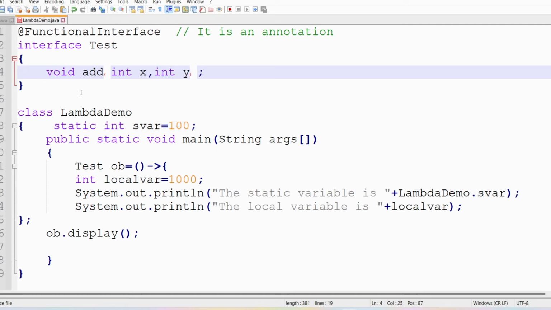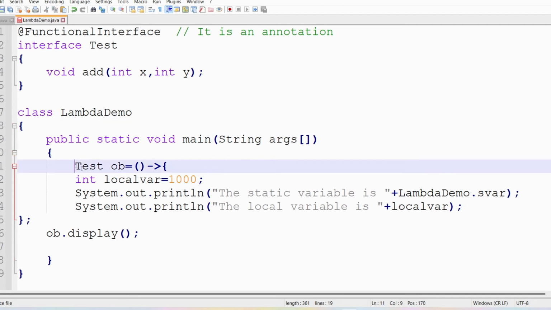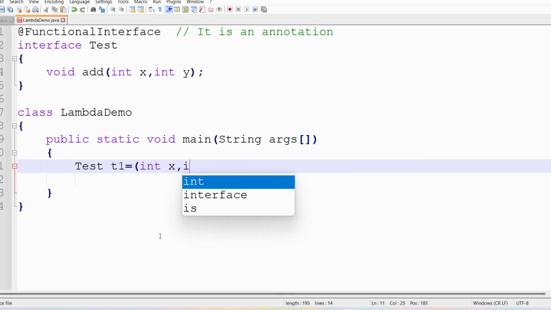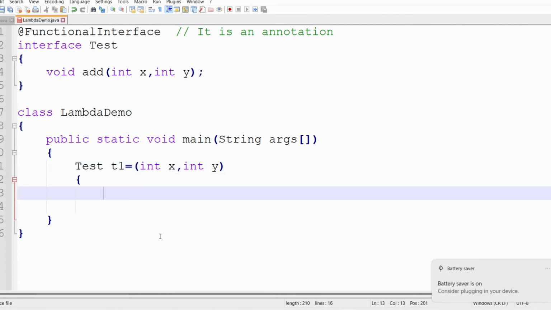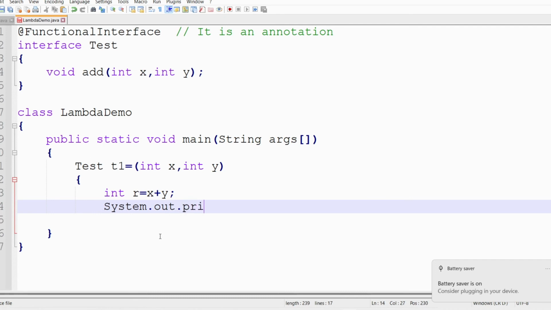Then I will write LambdaDemo, and let me remove this static int var, and now let me close all this. Look here, I will write Test t1 is equal to, I will pass two parameters, int x comma int y, and then I will write the implementation. So here, int r is equal to x plus y,